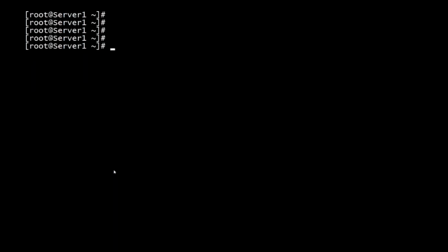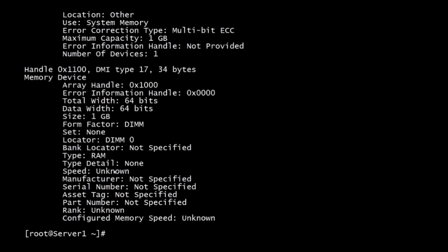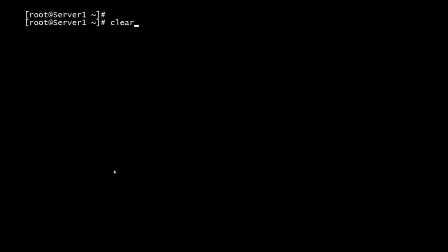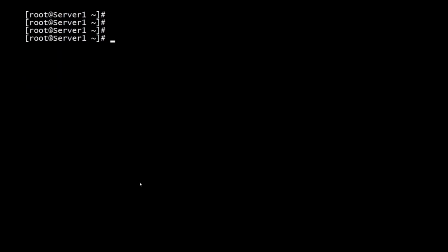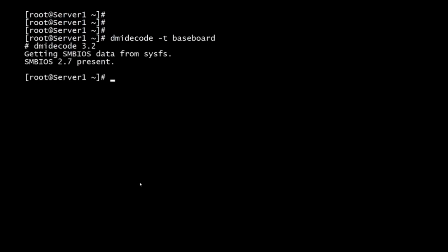And by the way, if I type in memory too, it'll give me the exact same information. So instead of typing the actual name, you can type in the number also. If we did system, this will give me the system information. Manufacturer Xen, you see, is not HP, Acer, or anything else because it's a virtualized environment. That's what the Xen is. It gives the product name, the version, the serial number, and UUID. Let's say we did baseboard, probably no data there. If we did processor,